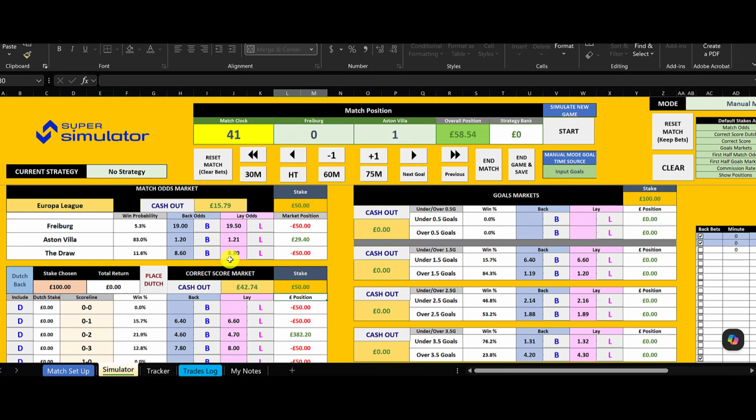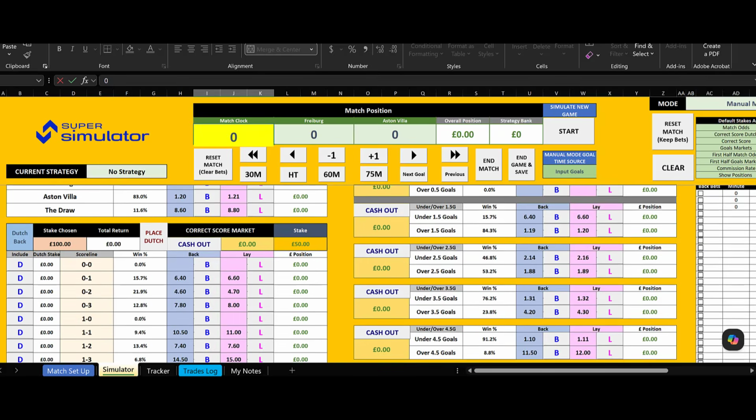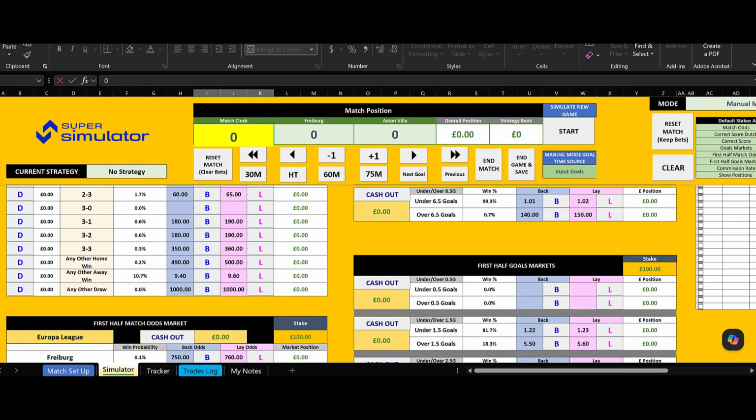First goal, I mean, not really, not compared to the correct score market. But you still would have been in green there on the £58 of profit. But yeah, you can split it across two markets and test cross-market strategies inside the super simulator. And as said, you got the first half goals market also. So let's take a look at this, and